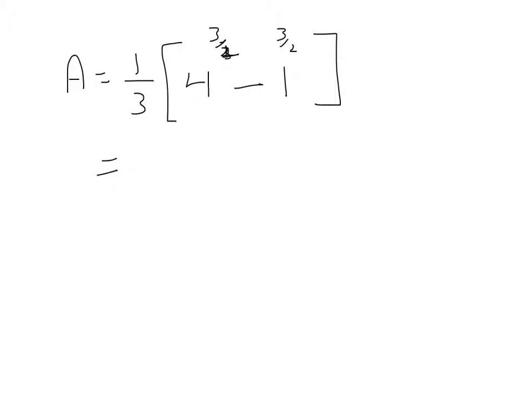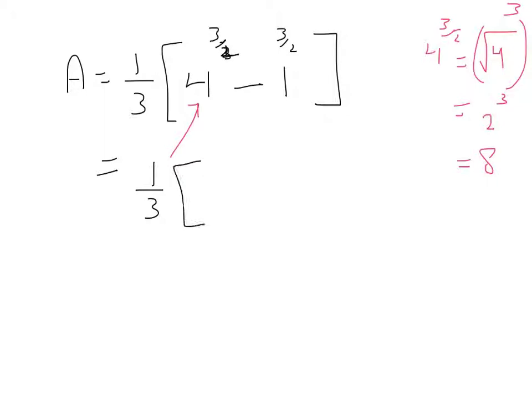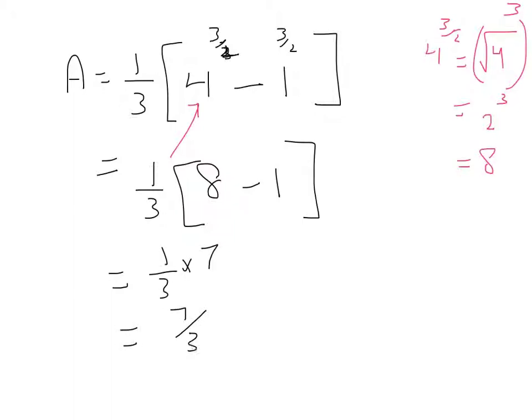And of course 4 to the power 3 over 2, if you remember your indices, can be written as square root of 4 and it's all cubed. And we all know square root 4 is 2 and 2 cubed is 8, so sometimes you don't need a calculator. So the answer here is a third, 8 minus 1 to any power is 1, and that's a third times 7, which is 7 over 3,